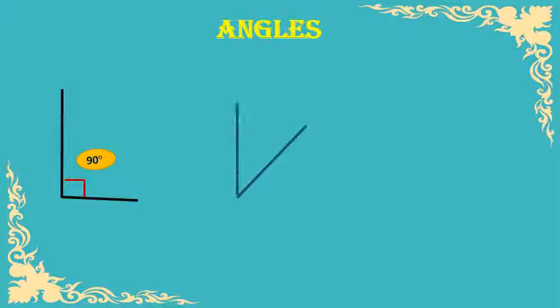We have learnt about angles. See this students. This is the angle of 90 degree. See, this is the second angle, that is 35 degree, means less than 90 degree. One more angle is there. The measure of this angle is 115 degree. You know that we measure angles in degrees, correct?